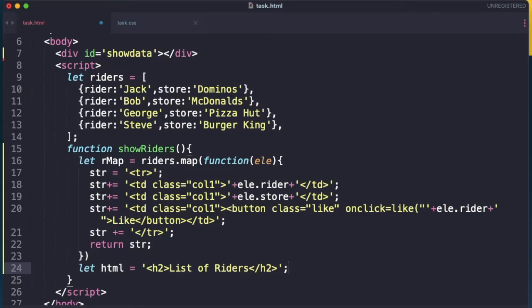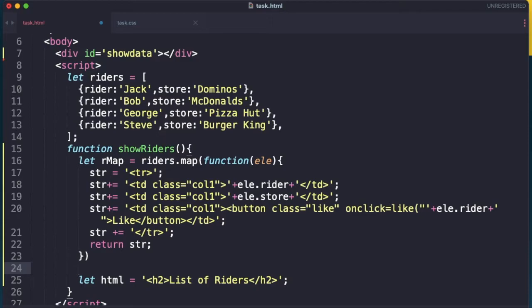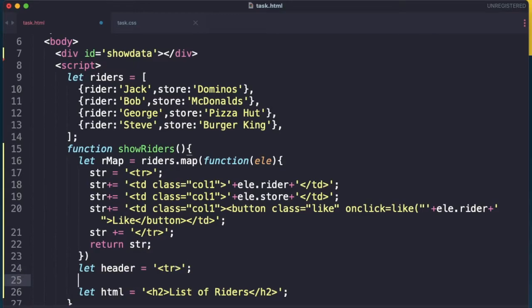Now suppose this table also has a header. So let's construct the header first. So we will need our header. Let's say let header will be a row. So let's create a tr. Now within the tr, how many columns will we need? We will need 3 columns. So let's put it header plus equal to,